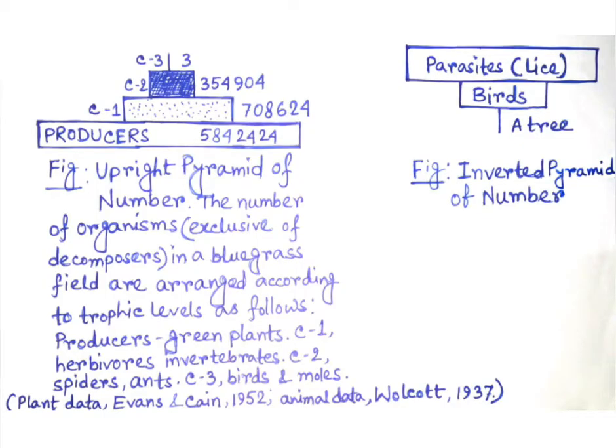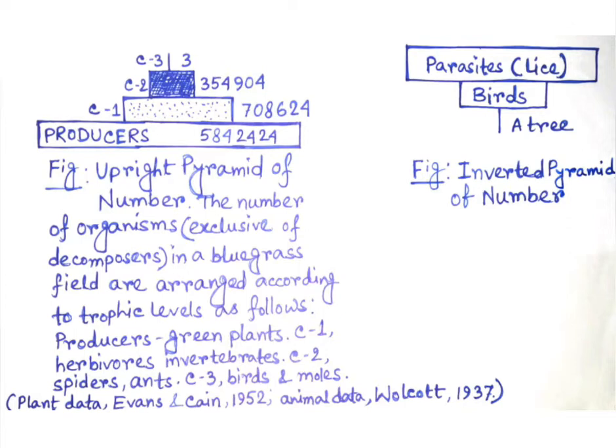Here are two examples of pyramid of number. One is upright, another is inverted. First, the upright pyramid of number. Here, the numbers of all macroscopic organisms in 1 acre of grassland community are arranged according to broad trophic levels to demonstrate an upright type of pyramid of numbers, in which producers or plants are individually more numerous than consumers